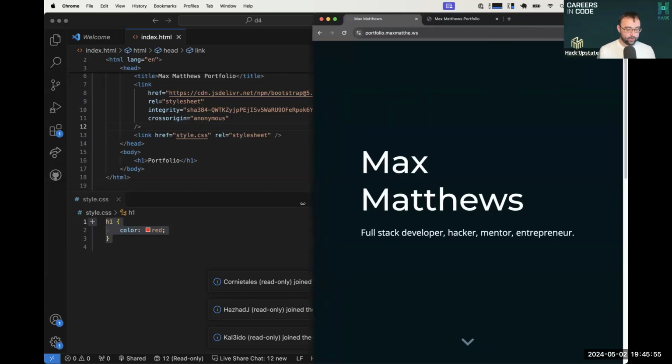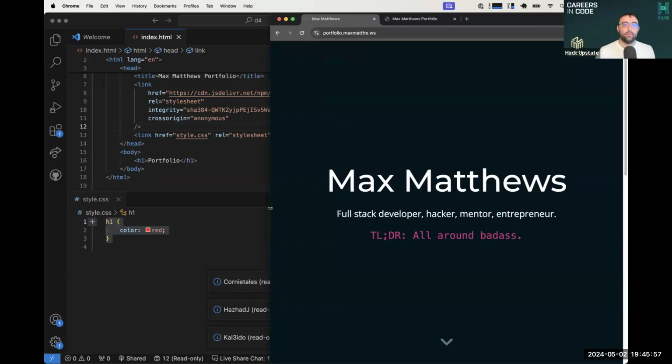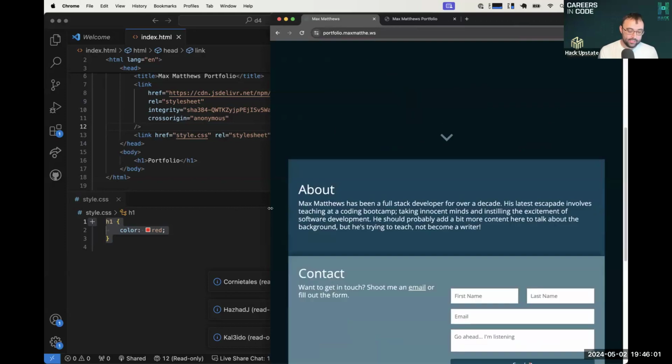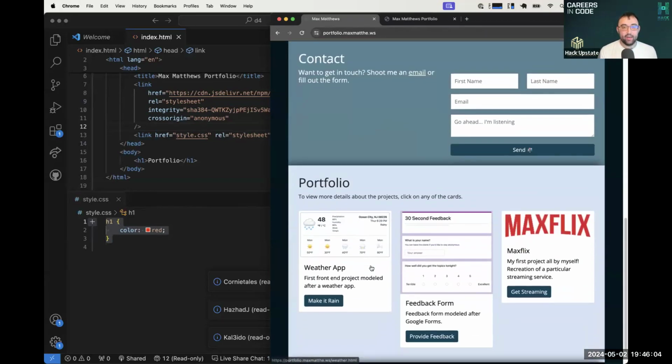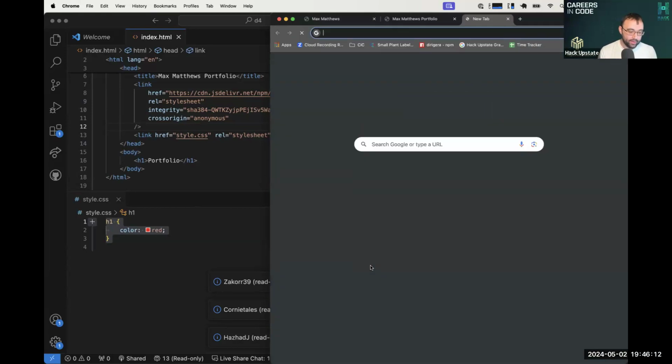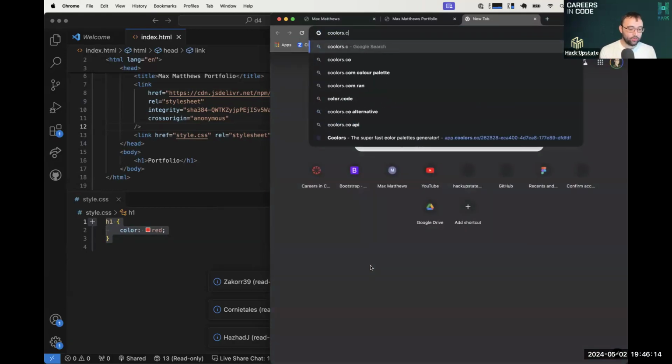So what are we trying to accomplish here? First of all, I noticed this site has a lot of colors, right? And it's kind of nice that all of those colors are themed together. So I want to kind of pick those out in advance, right? I don't want to just dive right on in there. So we're going to head to a site called